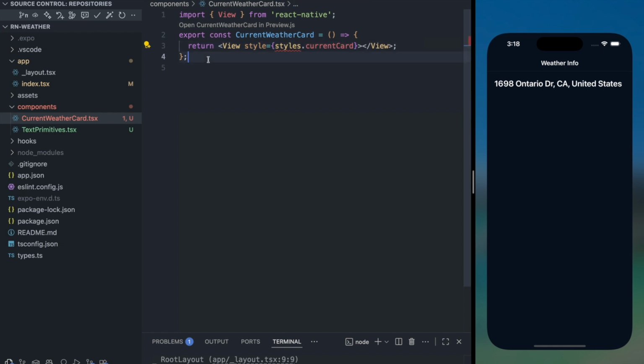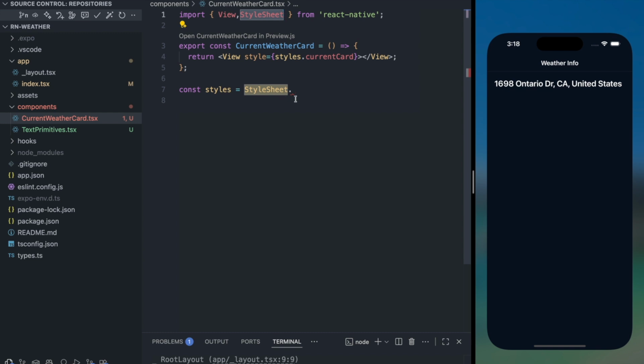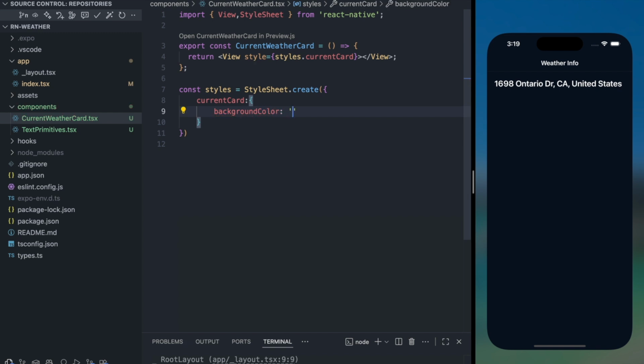The styles I'm going to create below, I will say const styles equal to style sheet. Style sheet again I'm going to import from React Native dot create, and inside here I'm going to pass current card. Next I will provide some properties for this style. So first I will go with background color, and background color would be hash 111A2B,